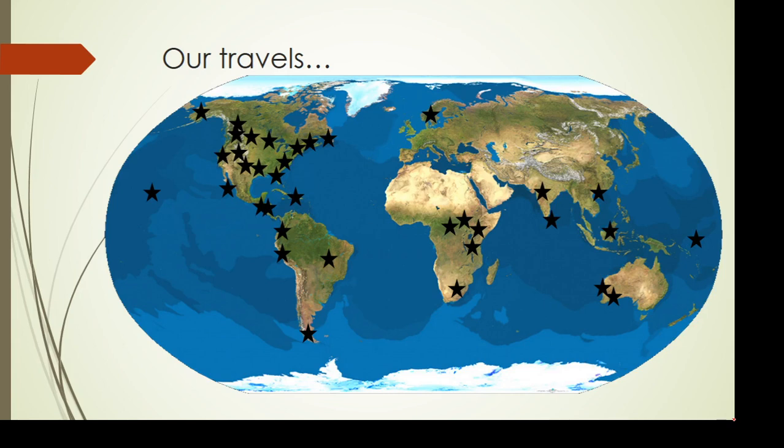This is a map that shows the places that we've traveled to. So I mentioned international travel, and I had to put a bunch of stars in the United States. I've been to 48 states. My wife and I used to live in Hawaii. We've lived in Utah, so I've got a fair amount of North American travel as well. But this is a bit of what we've been able to accomplish.